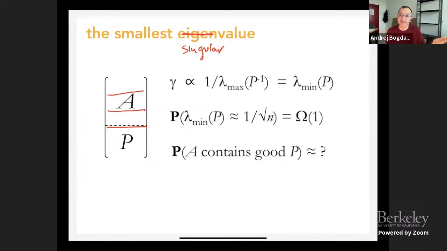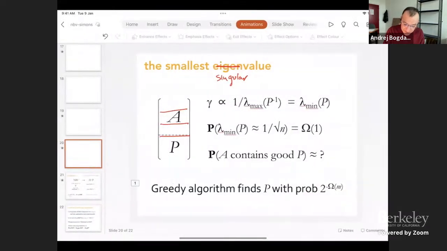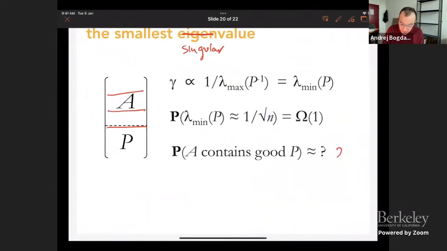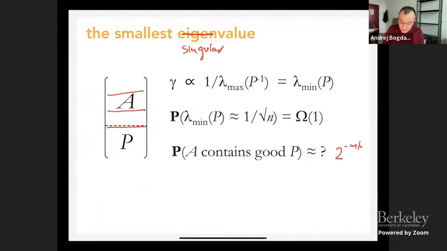The price we have to pay is that the error, like the fraction of instances for which the algorithm will fail, is going to be somewhat large, right? Because we take this matrix and we partition it into a small number of chunks. So the probability would be something like, if we do it in this way, sorry, PowerPoint is acting up, 2 to the minus m over n roughly.